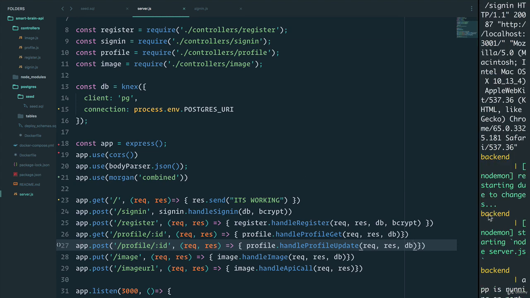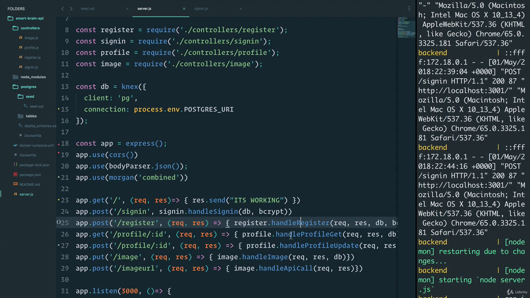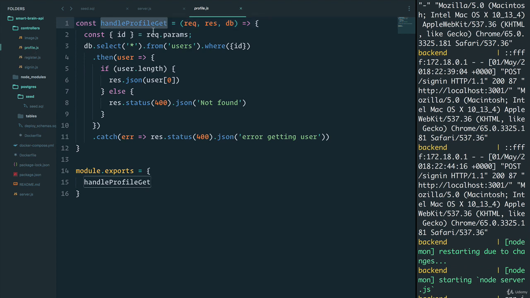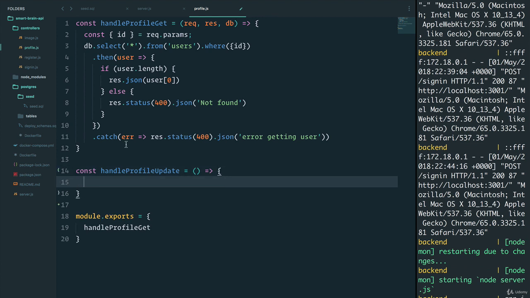Let's save. You see that we've noticed the change in our Docker container, which is very, very nice. Now let's actually build this handle profile update. We once again go to our controllers, to profile, and instead of handle profile get, we'll create a new function called handle profile update. It's going to be a simple function that accepts a request, a response, and the DB that we just passed on. And inside of here, we're going to grab the